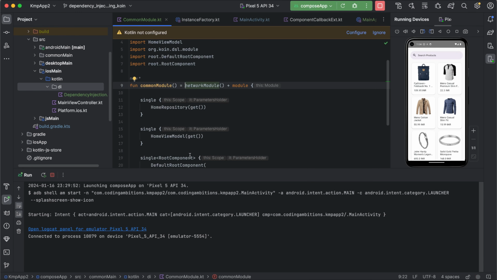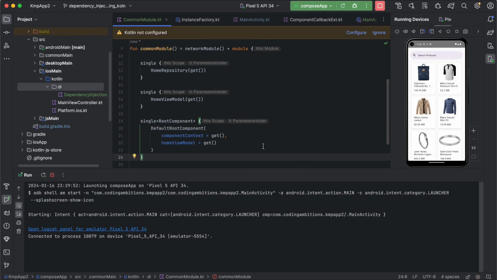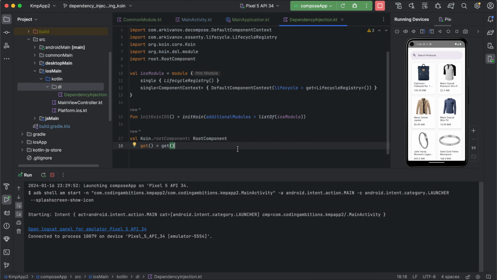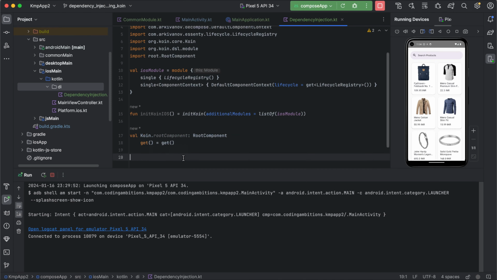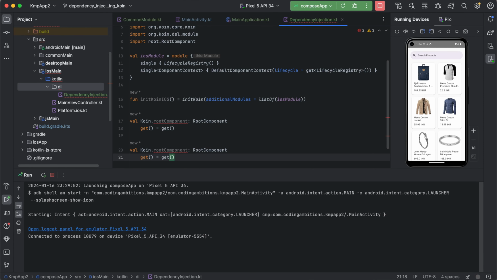If you see, so this root component, right? You can provide that. So let's go back there. Yeah, so this is it. And one more, similarly we can provide extension for what we need is lifecycle registry. iOS side we need